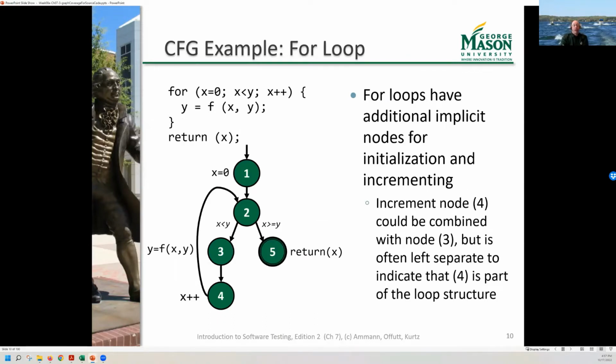Now, a for loop is perhaps even more interesting because it forces us to break things up a little bit more. In a for loop, we have this one statement, but it has an initialization piece, a comparison piece, and an increment piece. Those actually get split up into different places. So we need a new node for this initialization of x equals 0. And then we've got our dummy node where we are doing the test, right? The test happens in the outgoing edges. And then we do whatever is within the